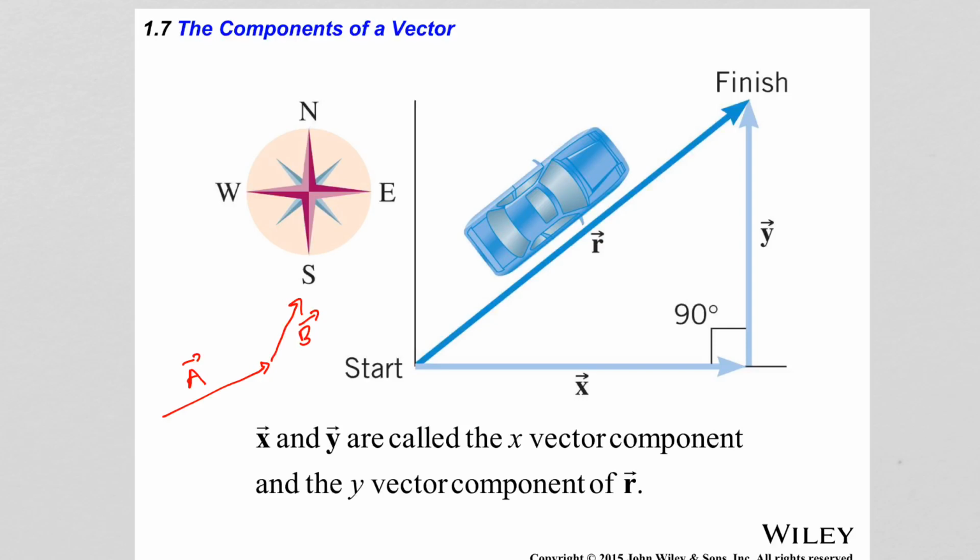I must select a coordinate system or a reference system in which I'm going to place this displacement vector so that I can measure angles from specific directions. So the most intuitive and common way to select such a reference system would be the geographic directions: north,